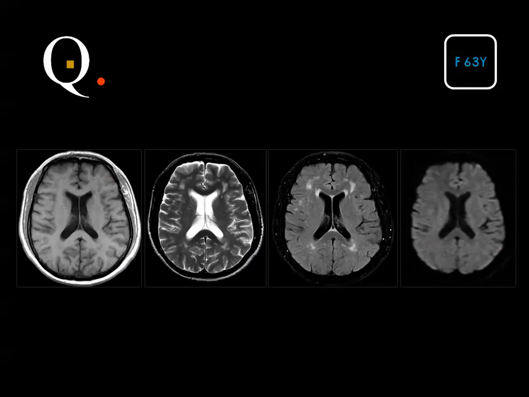Axial brain images, T1, T2, flare, and diffusion, showing multiple periventricular foci of bright T2 and flare signal. The lesions are hardly discriminated in the T1 weighted images, and they show no diffusion restriction. The diagnosis is